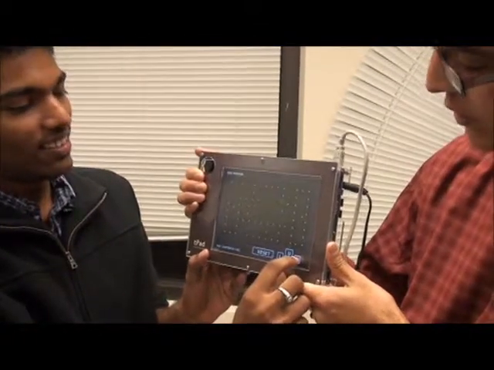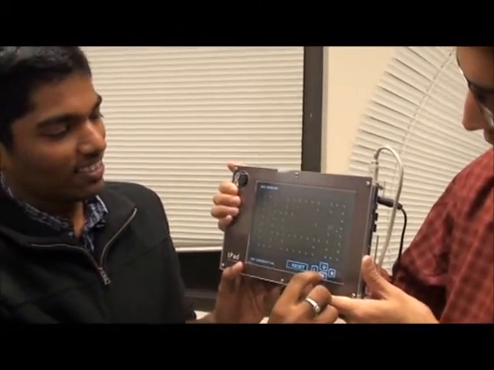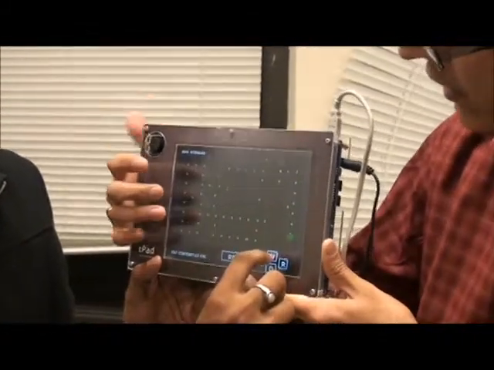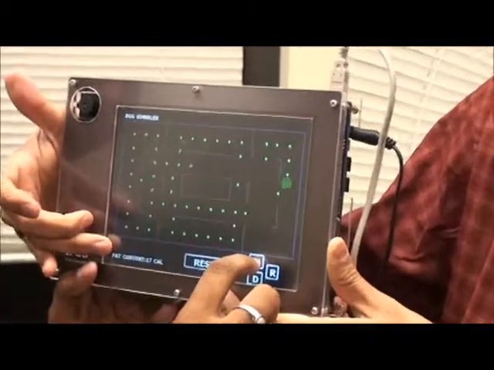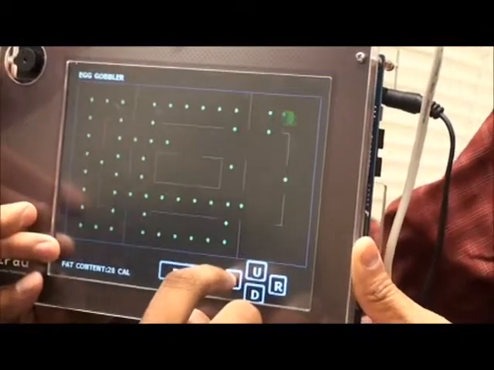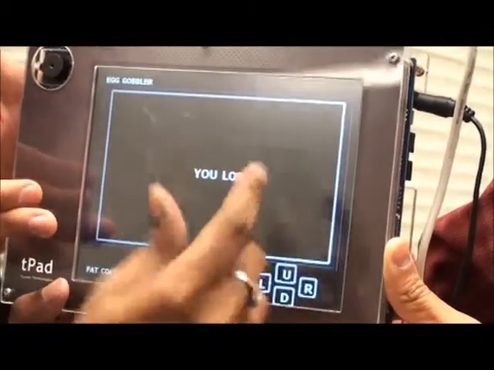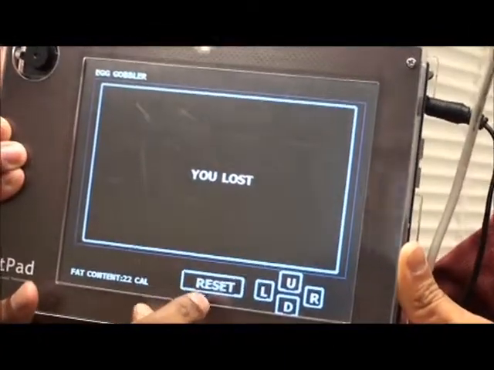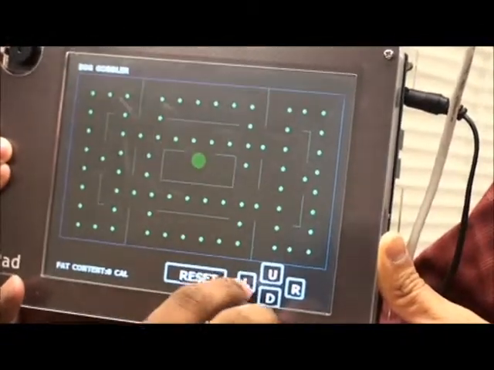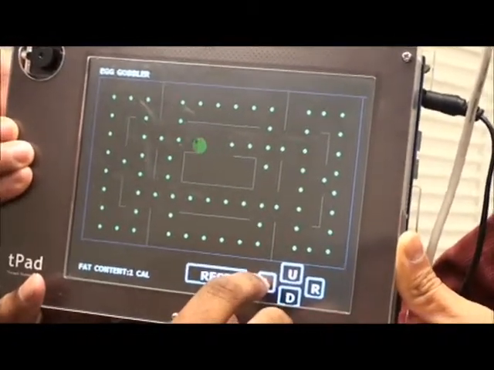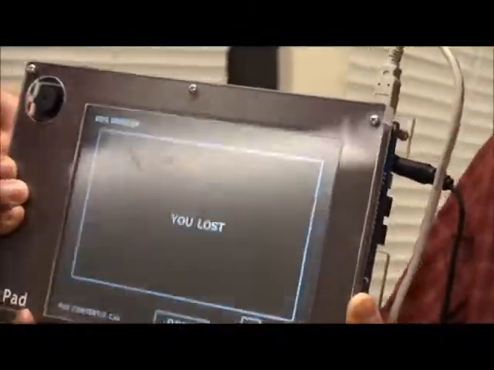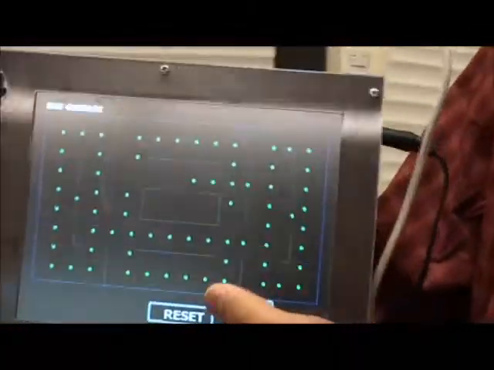That's how the gobbler moves around eating the eggs. When you eat all the eggs, you win the game, and you can see the score being updated with each egg it eats. Whenever you hit a wall, it is a losing situation, and after 5 seconds it resets. You have to play without hitting a wall. That is the criteria. It's so much fun to play. Trust me. Thank you.